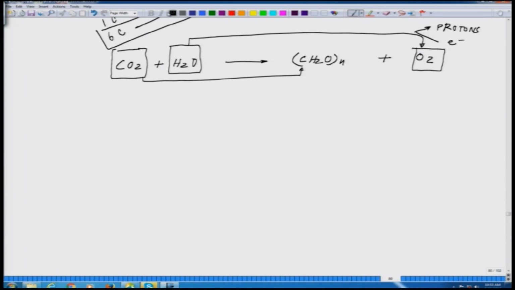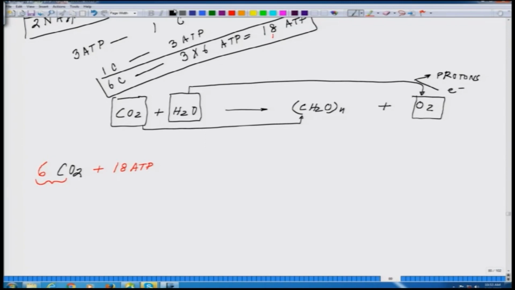Now, we are revising the reaction. You have CO2, which is a single carbon. So, now we make it 6. I am adding 6 CO2 because we need a 6 carbon sugar, plus we have talked about 18 ATP, plus you will be needing 12 water molecules at one point of time, plus we have talked about 12 NADPH. And what you are getting out of it is